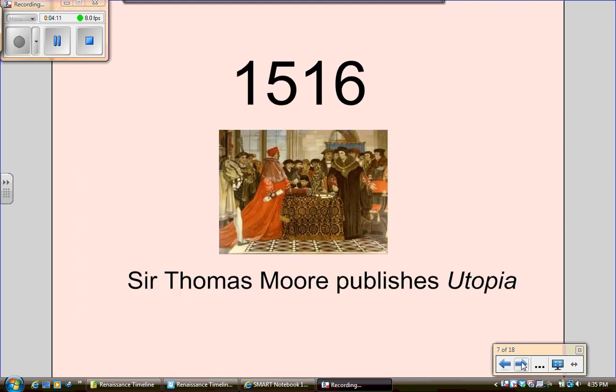In 1516, Sir Thomas More in England publishes a book called Utopia, and we use that modern word today, utopia, to talk about a perfect society. Again, this was a revolutionary idea, and the fact that he published it and it became widespread and spread a new philosophy of mankind and their relationship with God and with one another was revolutionary for its time and led to a great deal of thinking in the church.